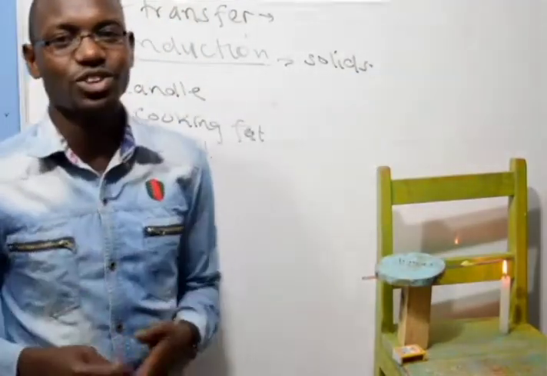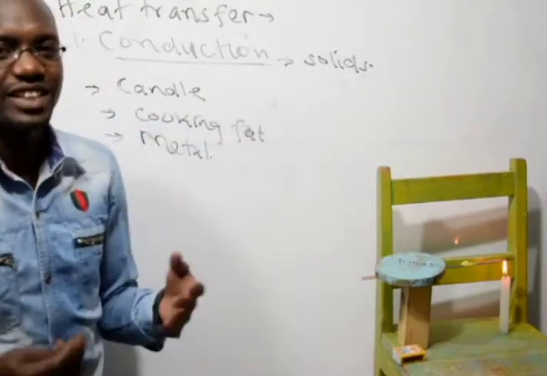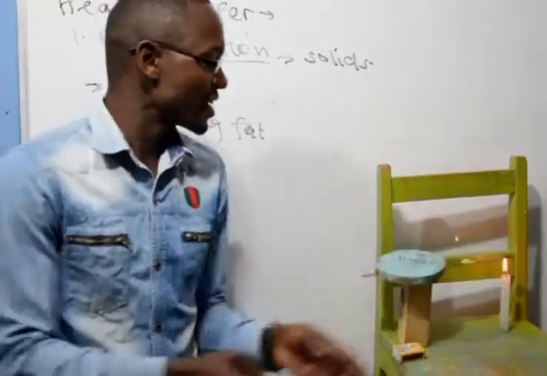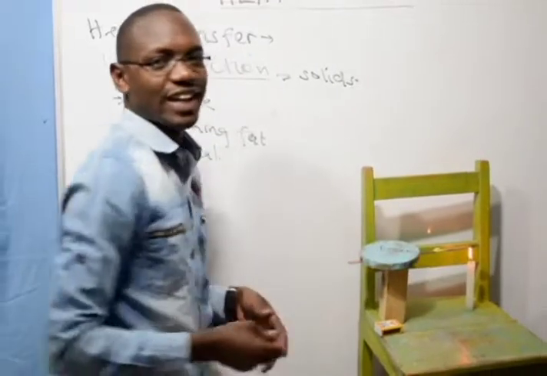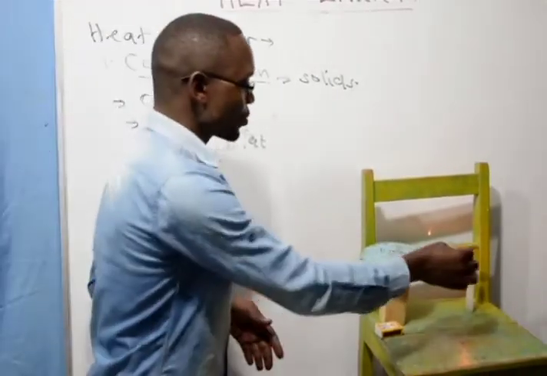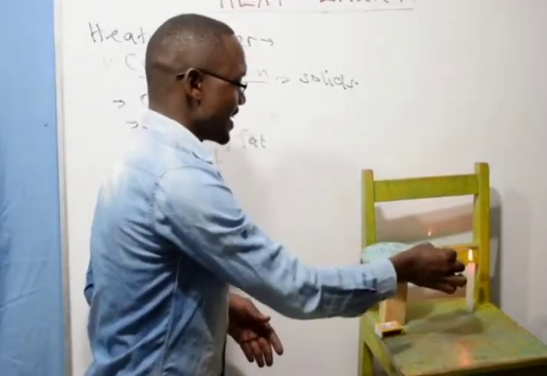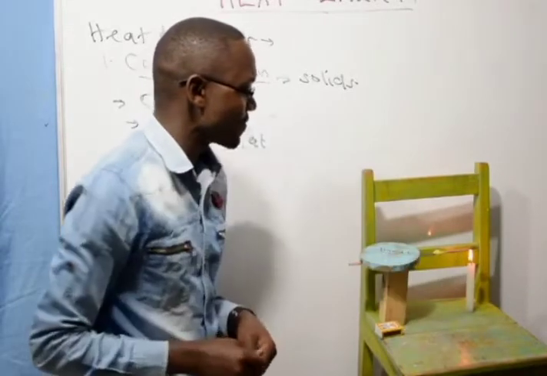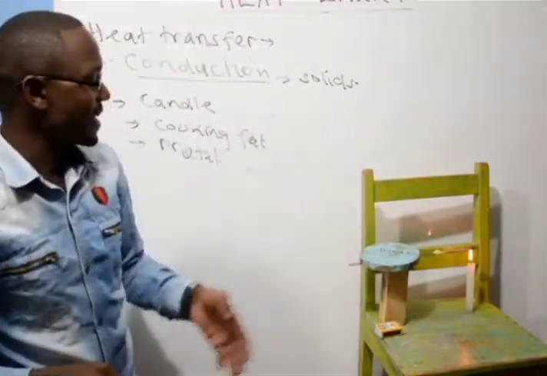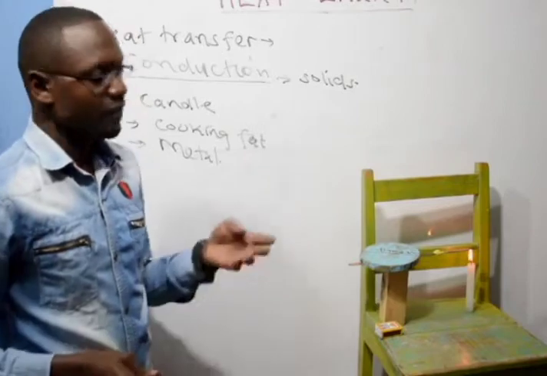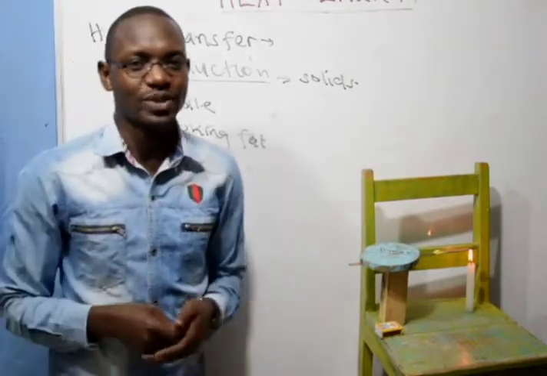So it is not going to gain heat all at once. It is going to gain heat on the part which is in contact with the candle. Then that heat is going to move all the way from this point towards where we have now our cooking fat. Let's look at what will happen after some time. Just to tell you in advance,